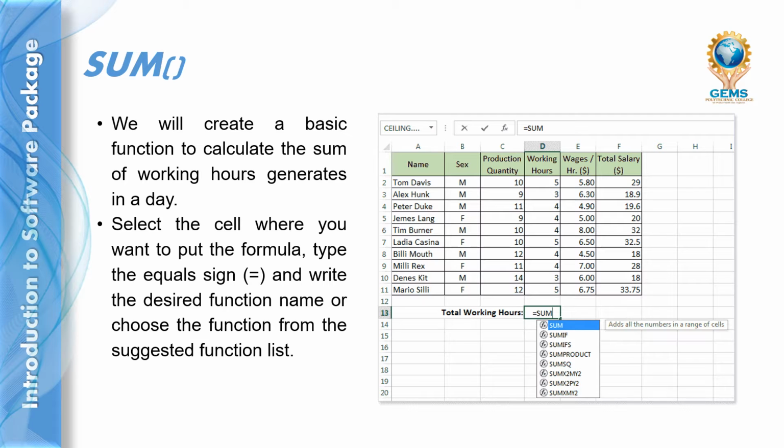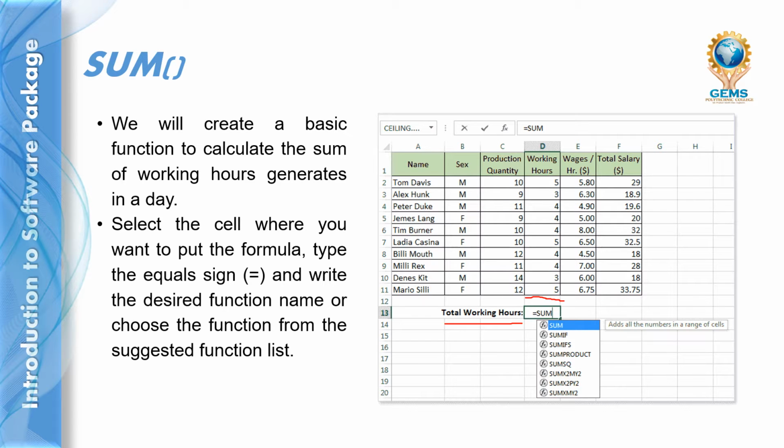Here we will see how to create a basic function to calculate the sum of working hours generated in a day. In this table we are going to calculate the total working hours.